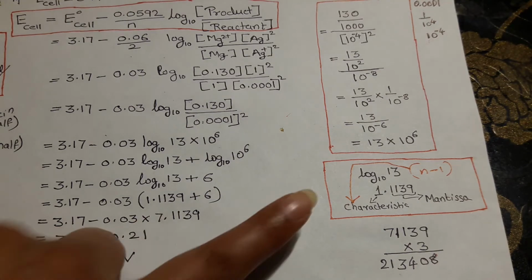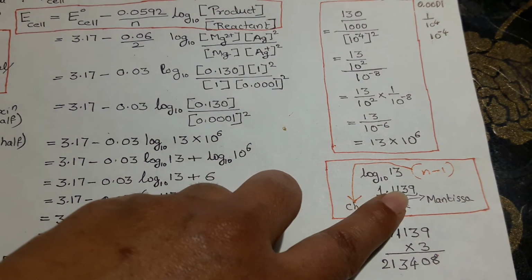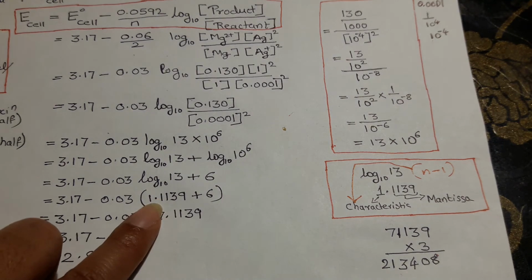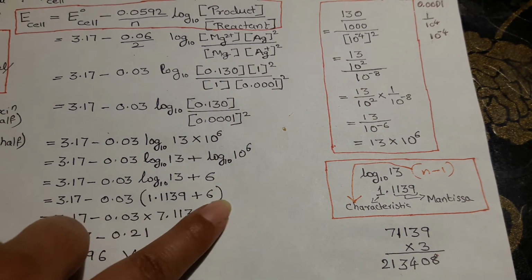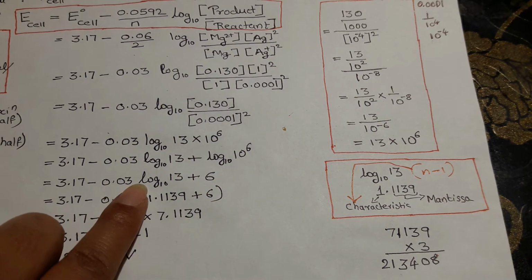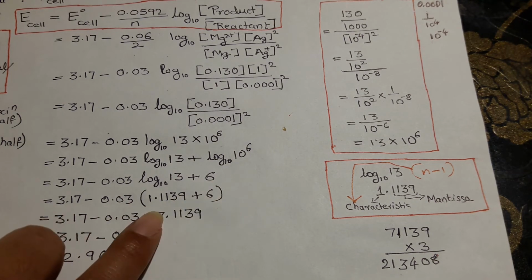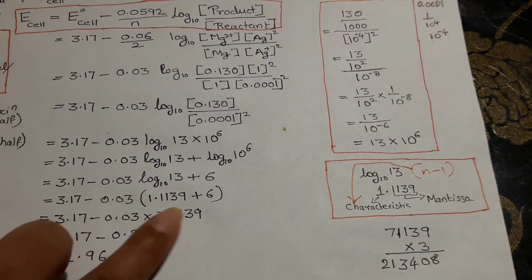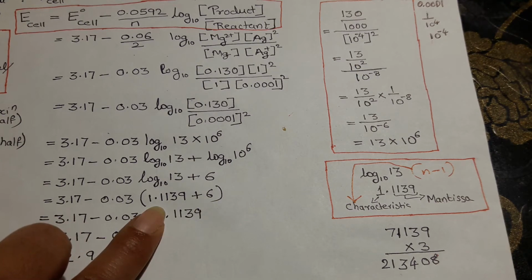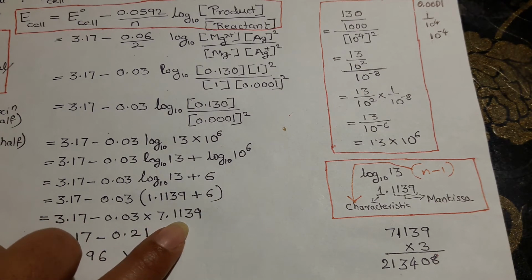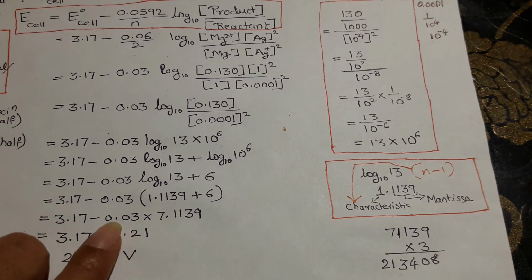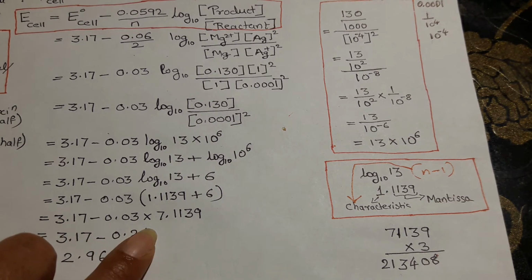So log of 13 we get as 1.1139, which we are going to write here in the bracket, because once we remove the log we need to put it within the bracket with 0.03. Then we add these two and we get 7.1139. And then after multiplying, now here comes